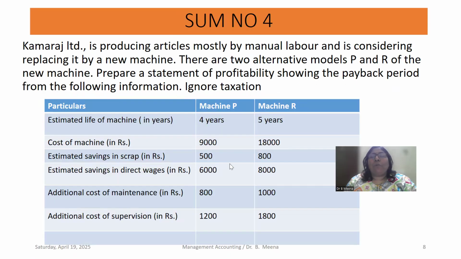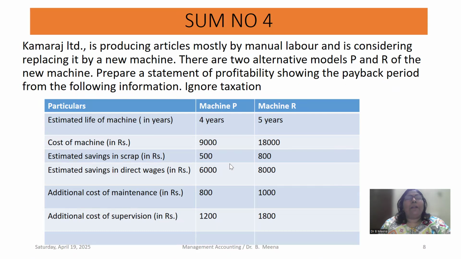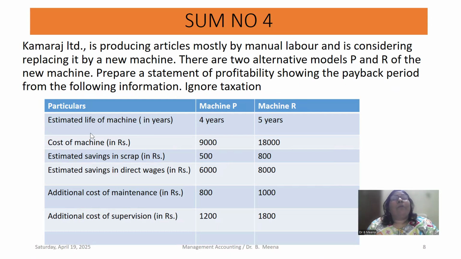Let me check one more problem, the final problem under this format, when annual cash inflow is constant. Kamraj Limited is producing articles mostly by manual labor and is considering replacing it by a new machine. There are two alternative models, P and R, of the new machine. Prepare a statement of profitability showing the payback period from the following information. Ignore